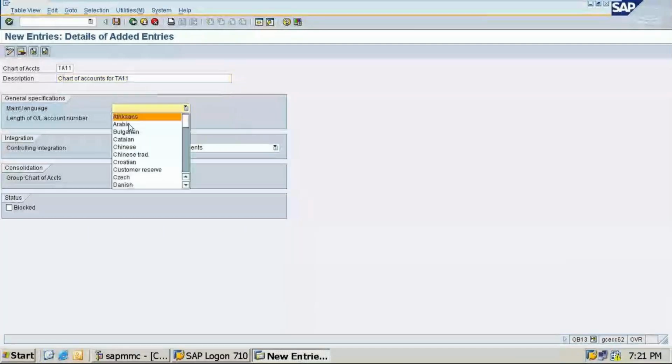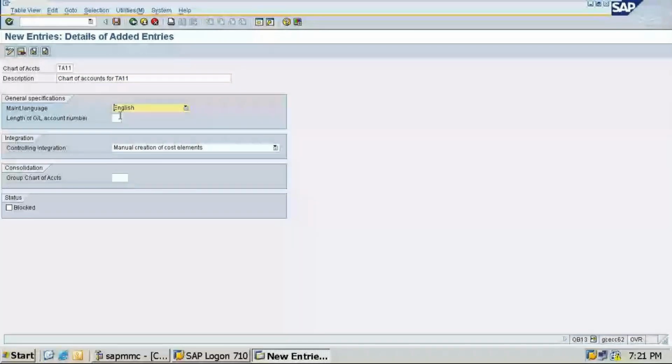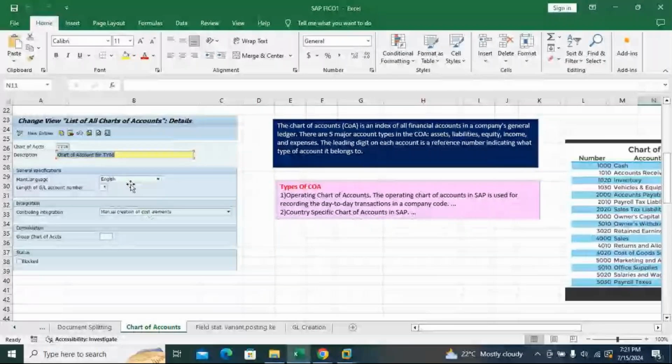GL account number 6. I told you last class this topic. You can do manual, automatic, let it be like this, not a problem. So what you have to do here, I think I have screened the screenshot also. In the screenshot also there are students, you can see that. Account number, GL account number, you can give anything, 5, 4, 6. I have given 6 when I create the GL master.